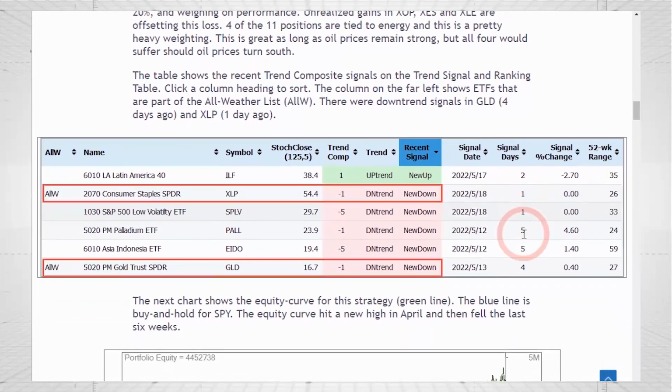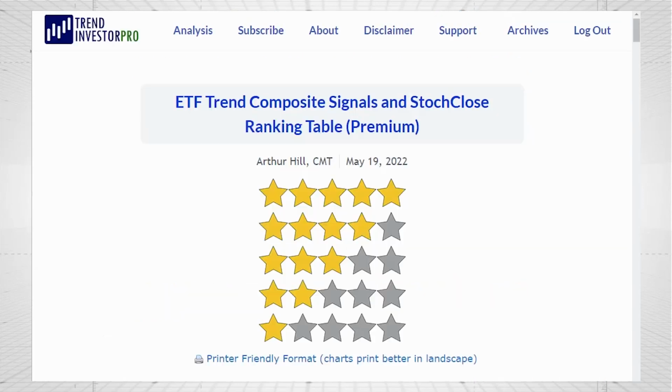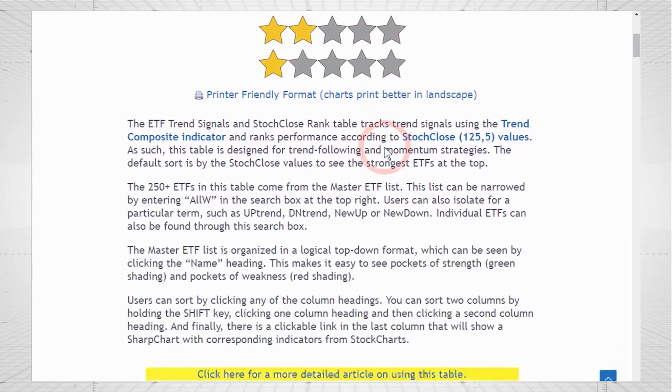Now, I also have this trend signal table at TrendInvestorPro.com, and we can see the two most recent signals. XLP, it's part of the all-weather group, you can see on the left there, and gold, part of the all-weather list, and it had a negative signal turning bearish on the Trend Composite as it hit -1. And here is an example of this table. It's got